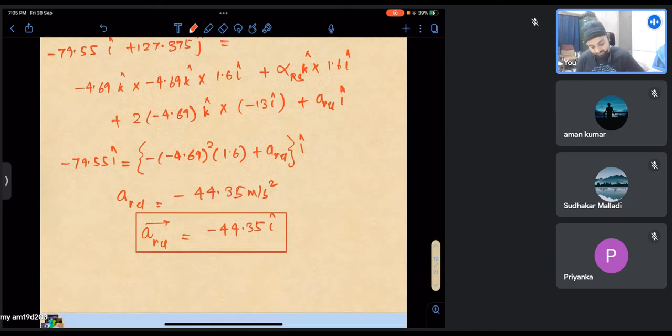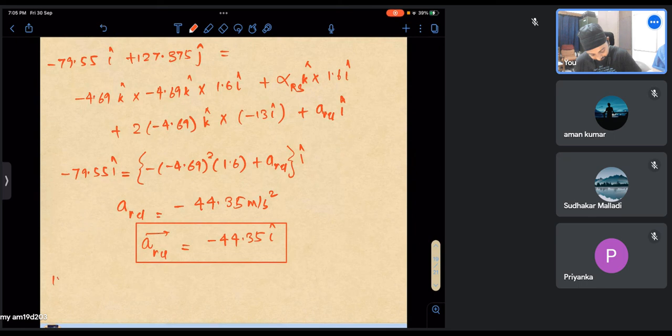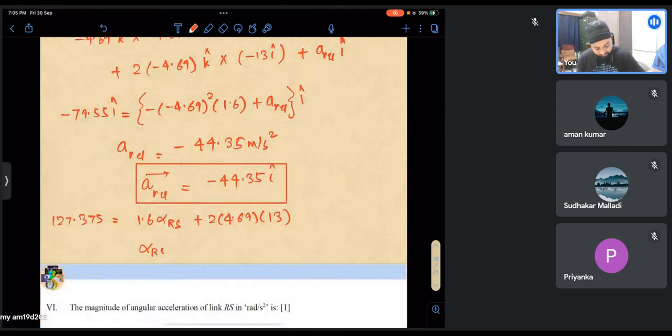Then we can solve for the next equation. 127.375. I'm grouping the J terms now. K cross I is J, so 1.6 alpha RS. K cross I is J. This will be nothing but plus 2 into 4.69 into 13. So my alpha RS comes out to be